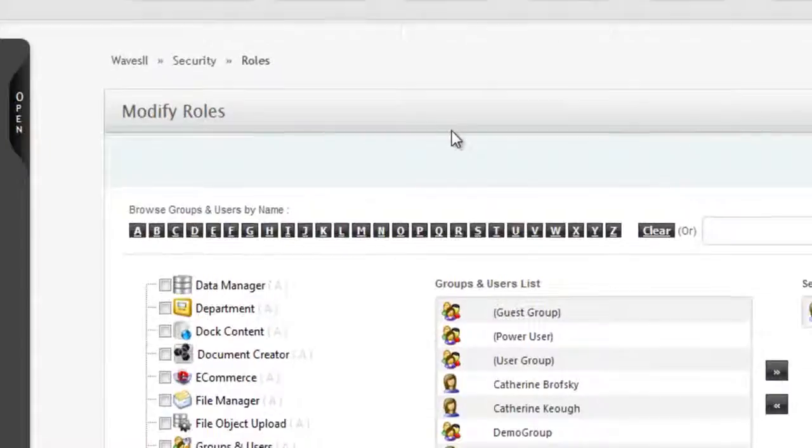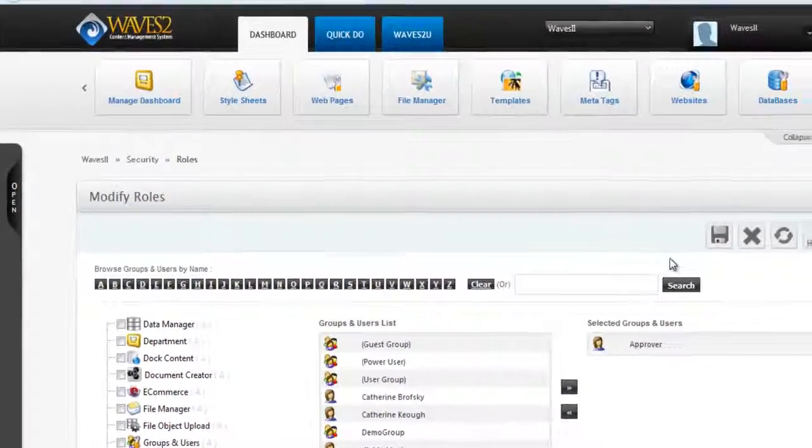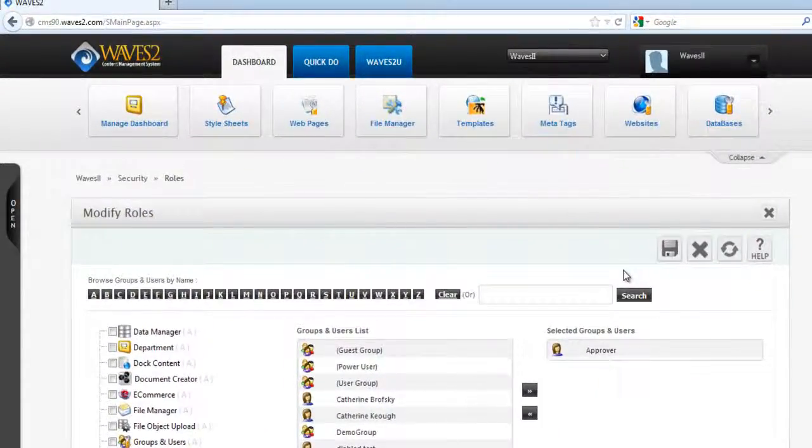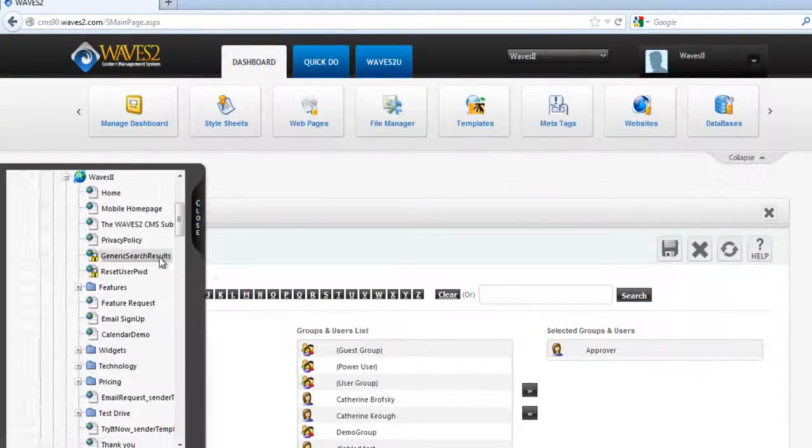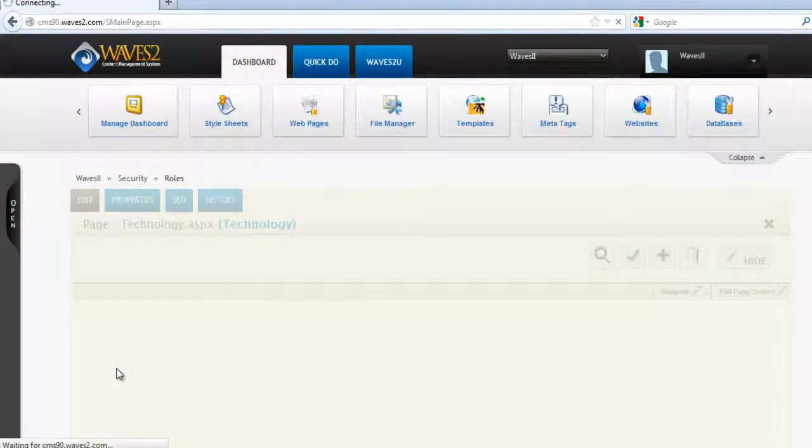Similarly, right now we're on the roles interface, but this would hold true for really any interface with buttons. We can hover over any of the tools here to see what that particular tool does. So you can see that as I go over here, I see a little tooltip that represents what that particular button is for. And finally, if we go to one of our pages, hop back over to our technology page,